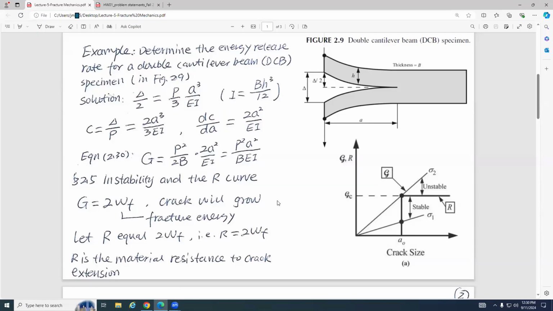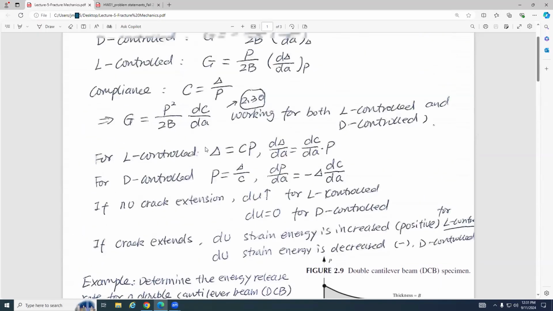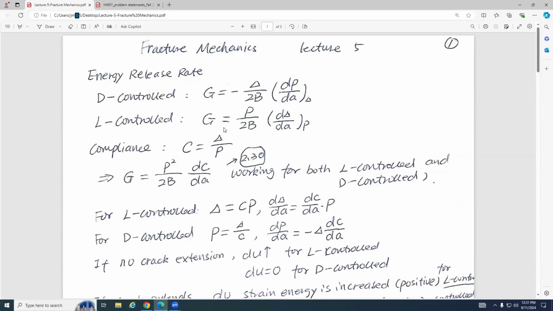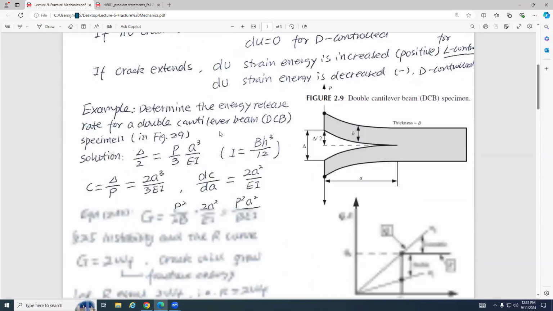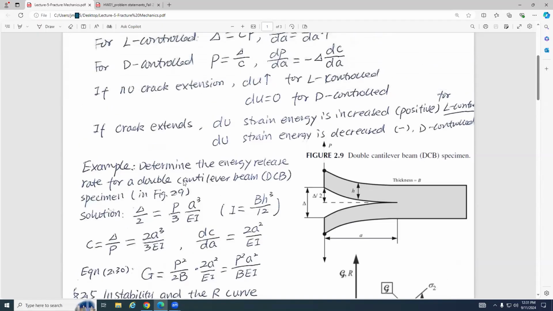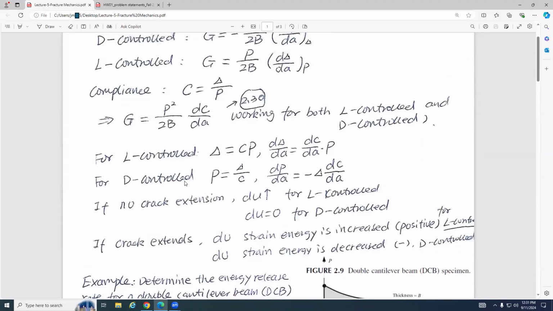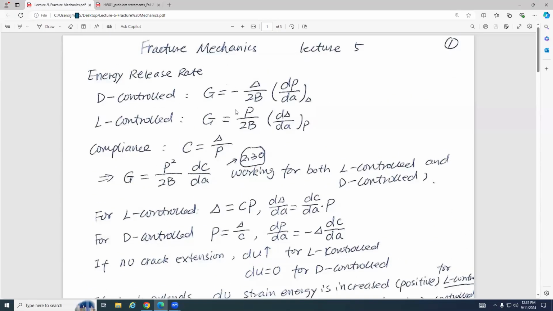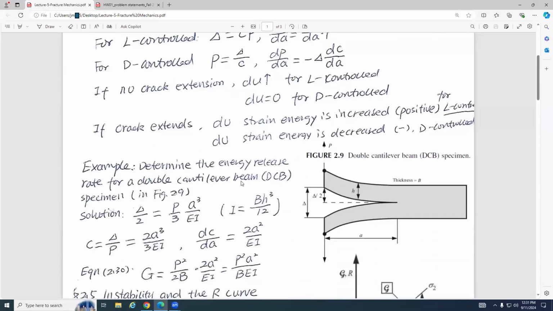Look at this equation. How to solve this problem? We use what we have learned here. We calculate the G here. So how to calculate the G? We use this equation, okay? This is how to calculate the G here. And first,